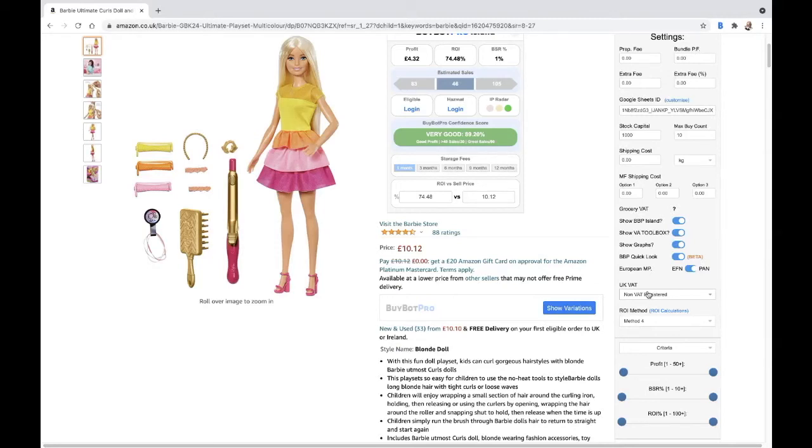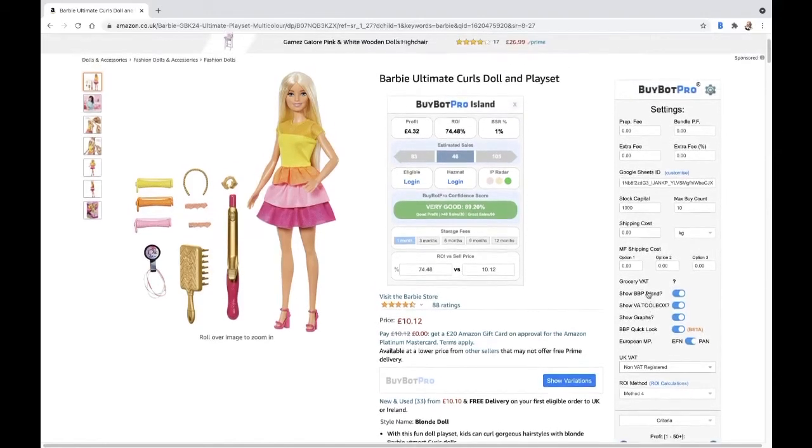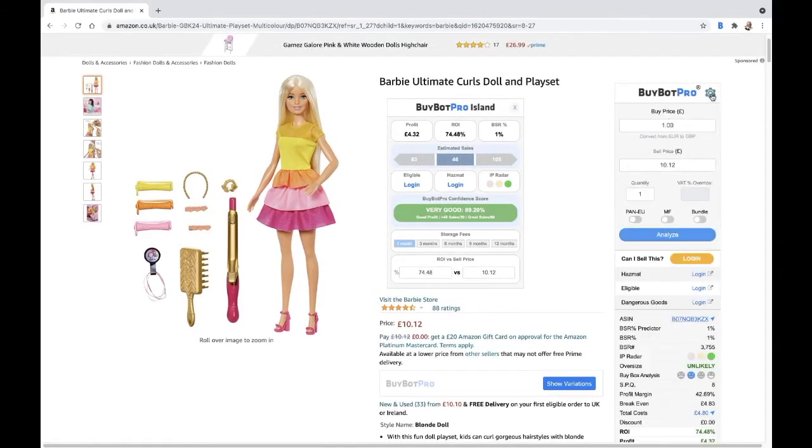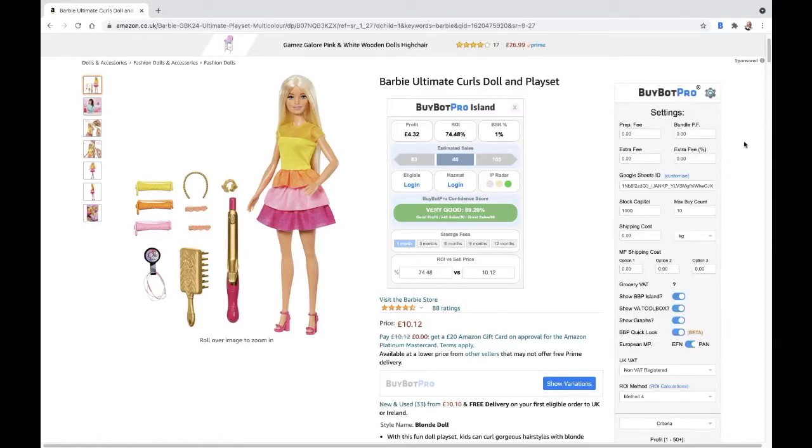So you can claim back that VAT, but then you have to charge the customer VAT on the product price, and you have to pay that to HMRC. So it's really important you choose the right VAT status. Once you've chosen the right VAT status, BuyBotPro is built to work out all your VAT, so you don't have to worry about any of that.